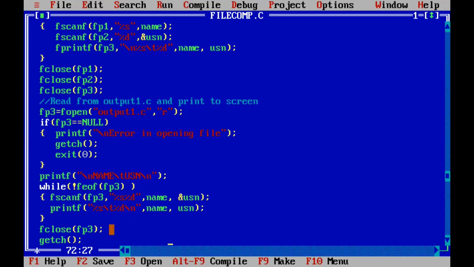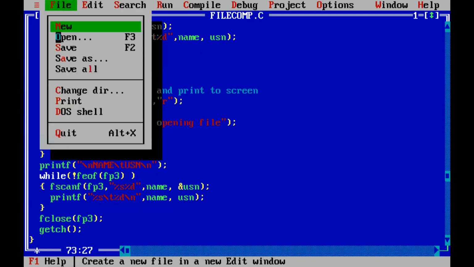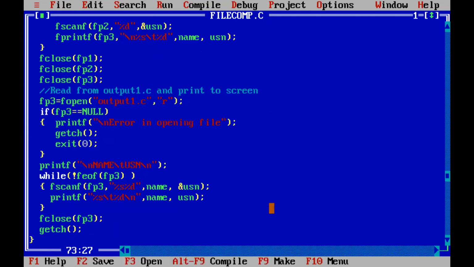Okay, so after that, what is the final step? You have to close this file. So this is our program. Now we are going to run this program. I'll save this. I made some little changes, some spelling mistake was there. Now we'll see this. First we have to compile the program. I'm going to compile the program. No errors. I'm going to run the program.